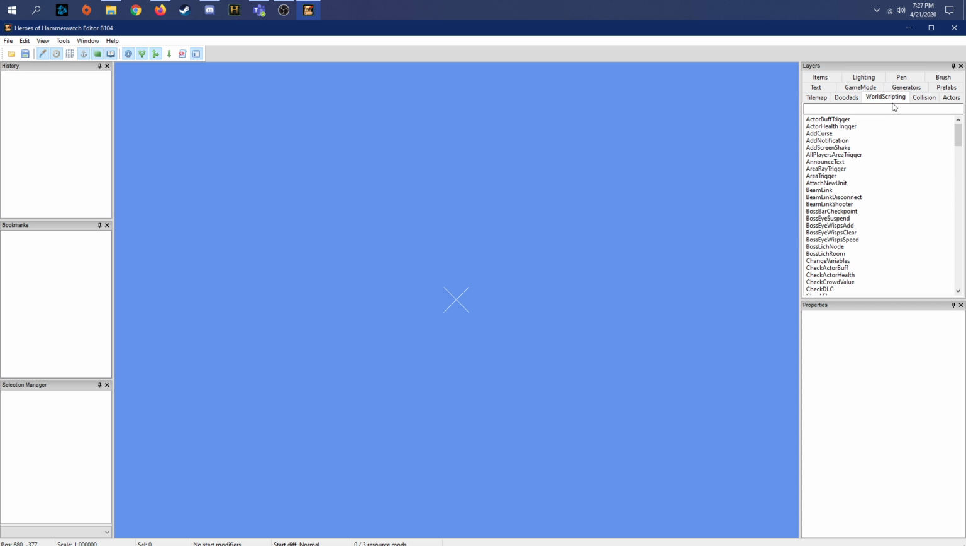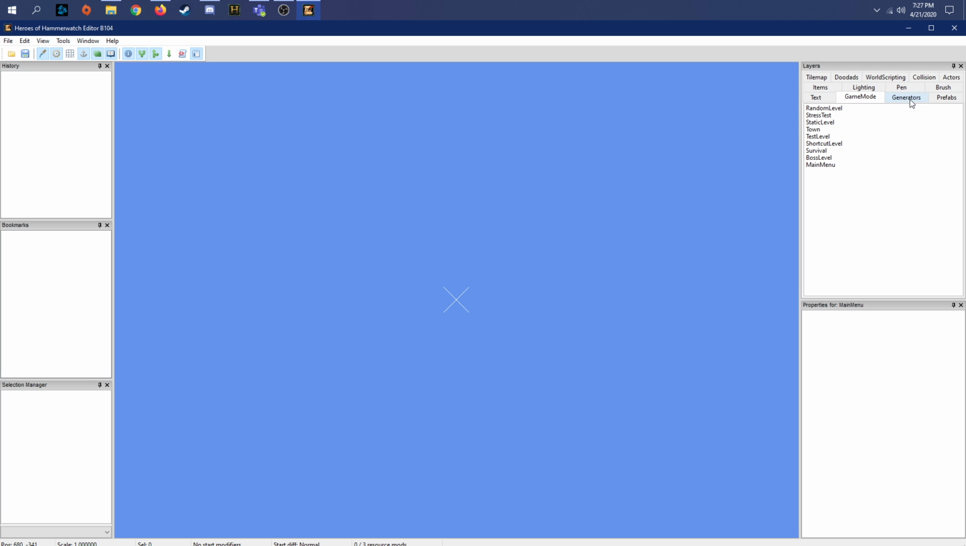You have your world scripting, so anything that you need to be able to actually get the level to start programming and working. It uses a visual scripting style thing, somewhat like blueprints from Unreal Engine, or kind of like snap map coding from the Doom editor. Then you have your collisions, and then your actors, text, game mode, which we'll come back to in a second,